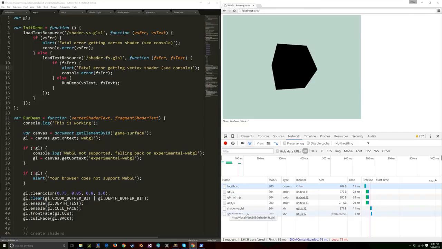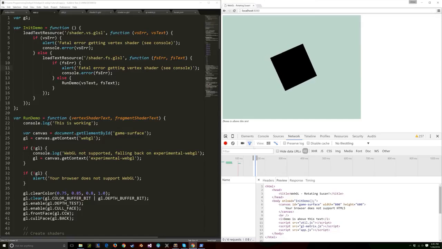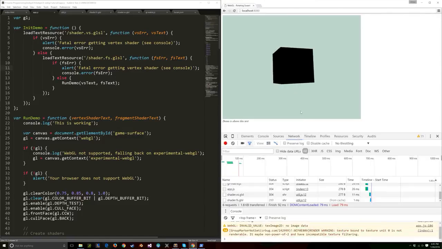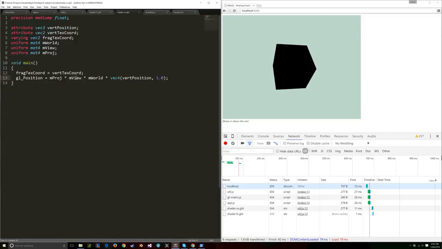But you can see right here on shader.fs.glsl, can I switch away? Yeah. So you can see that on these, what's going on? Okay. A couple of them say from cache. Right now it's only one. What this means is that Chrome actually never loaded that resource, it just remembered it from before. So if I were to go in here and introduce an obvious syntax error, I could probably